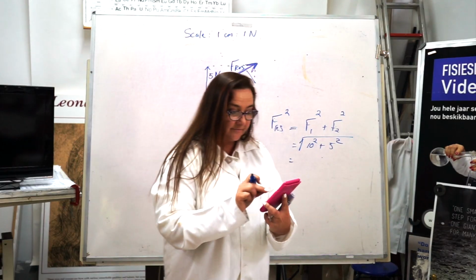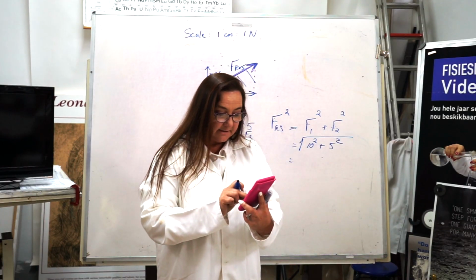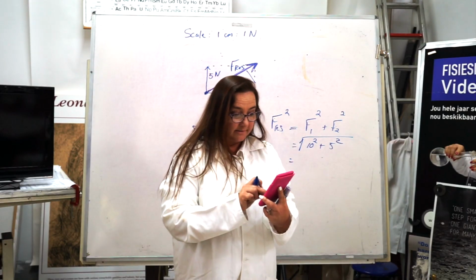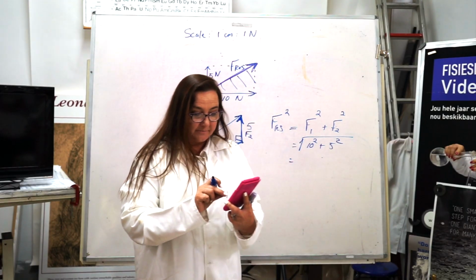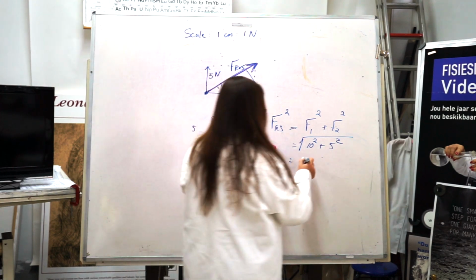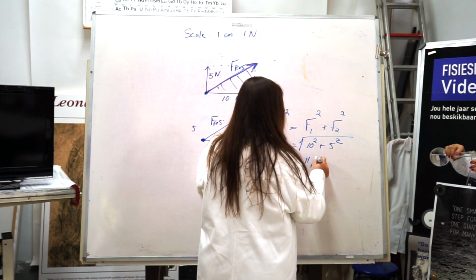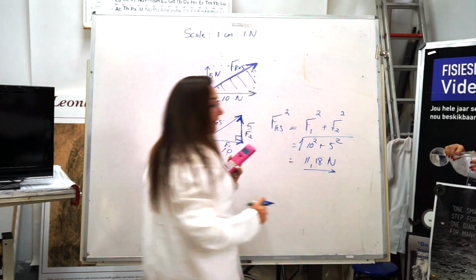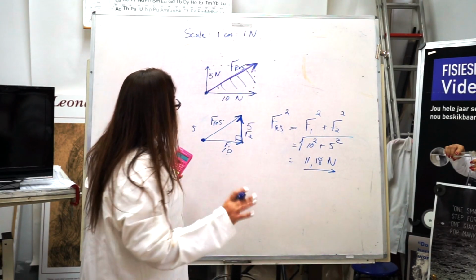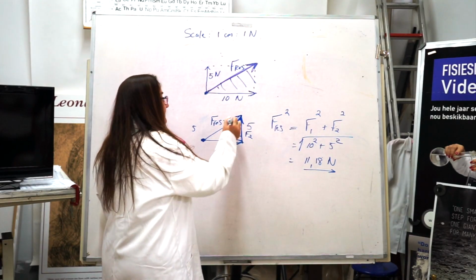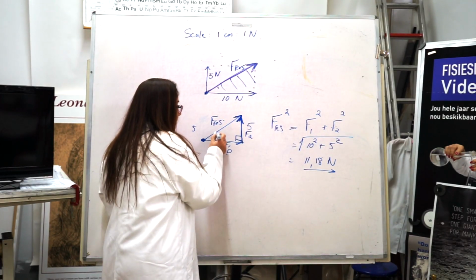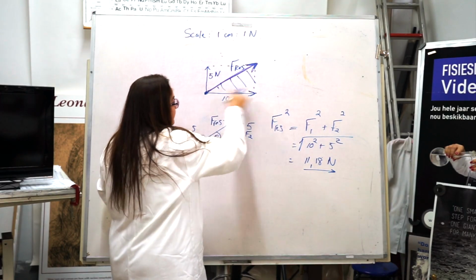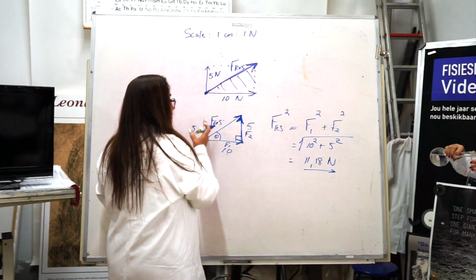Okay, so that would be 100 plus 25, and that gives me 11.180 Newton. But my problem is now I only have the magnitude. So how am I going to know what the angle is here between that and either the x plane or the y plane,